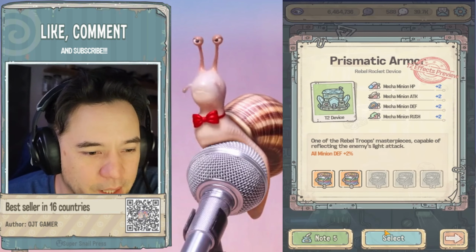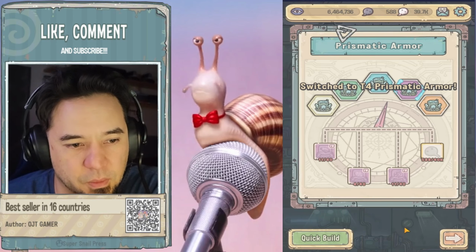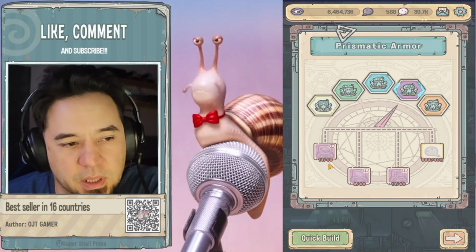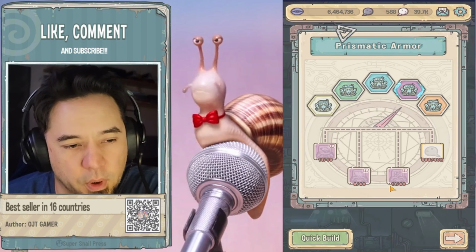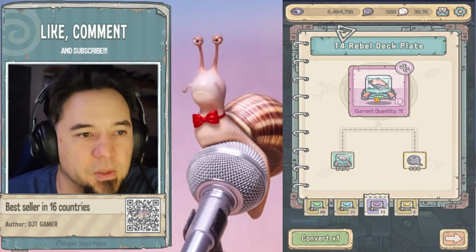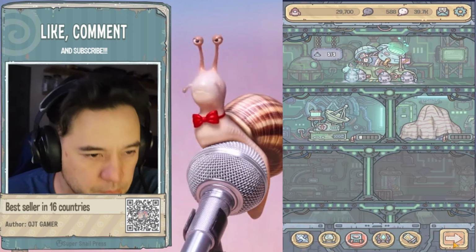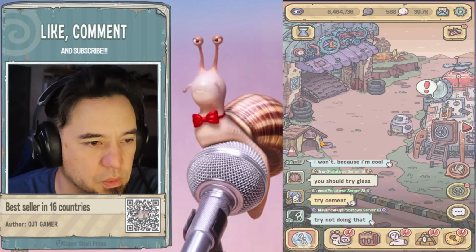So if we're right here, I select this one, or I could select this one, or I can even select this one, right? If this is, let's say, 39, 40, 40, and I had the cash, I can actually find out what this one is. It is a T4 Rebel deck plate. And then we want to go to the...